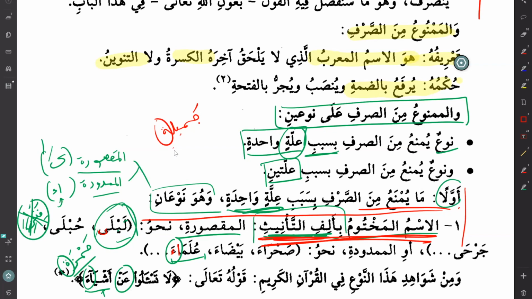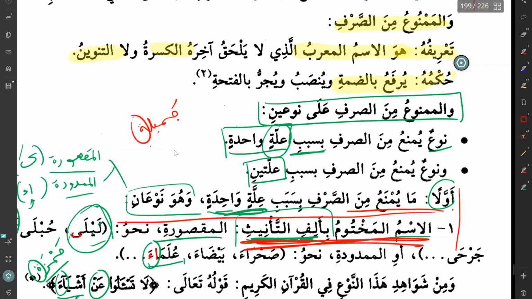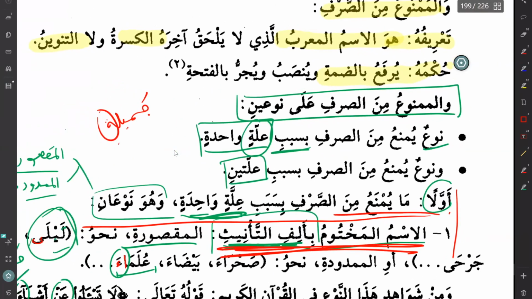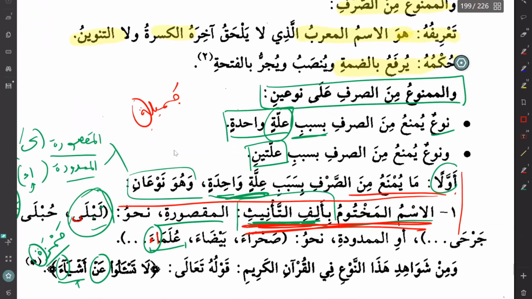if a word, an ism, has two of its attributes outside of its asal, then it loses its purity, right? It's not the pure noun anymore. So what happens is that it becomes a mamnu min as-sarf. And we talked about those, they call it illa, and we went through all the cases last time.